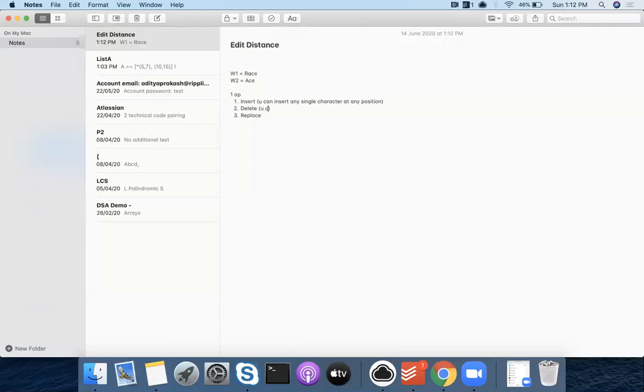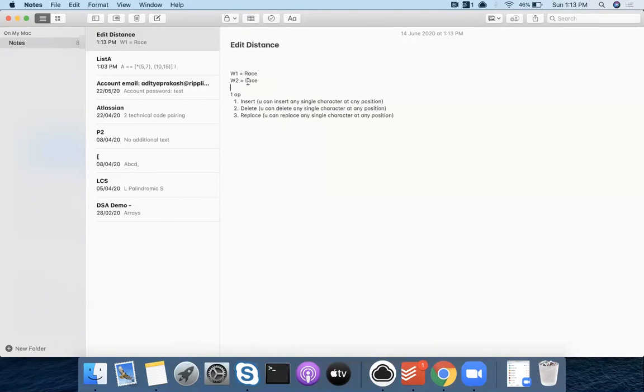Delete means you can delete any single character at any position, and similarly replace also means the same. You can replace any single character, and all of these will be one operation. So let's take this example. Race and lace.